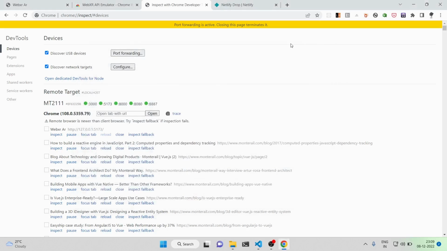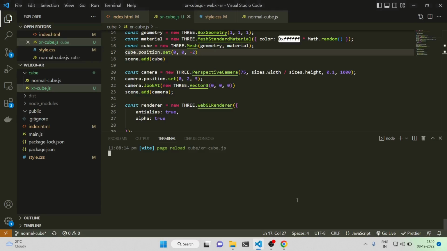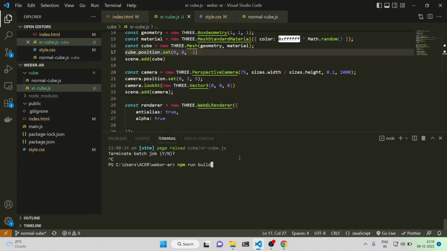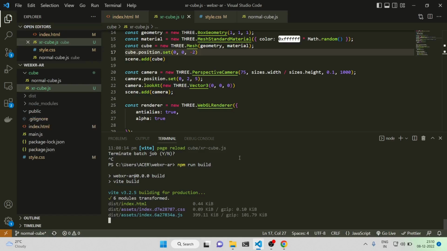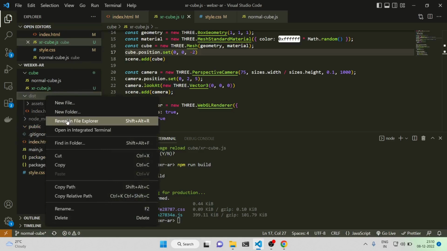And we can just deploy it also. Let me come here and close this. Before that, I already have one test folder. So as not to confuse you, I'll just delete this one. Now I'm going to run npm run build. That creates a new dist folder. Now I'm going to take this one, reveal it in the file explorer,